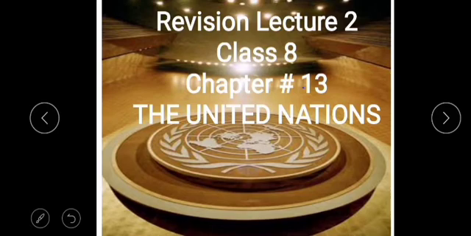Then the Security Council. The Security Council is the body in which there are five permanent members and 15 non-permanent members. These non-permanent members are elected for a period of 2 years by the General Assembly. Then comes the Secretariat. Secretariat is the department of the organization in which one person is the Secretary General, and this is basically the implementing body of the United Nations, in which all the decisions taken up by the General Assembly are implemented by the Secretariat.